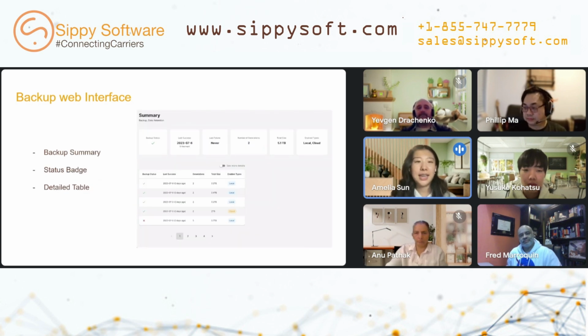Now I'm going to talk about the backup summary report. The report is divided into two main parts. The first part is a status overview section that includes backup status and indicators showing whether the backup status is positive, negative, or has issues. Next, success: the date and time of the last successful backup with a relative time, like a day ago, 2 days ago.